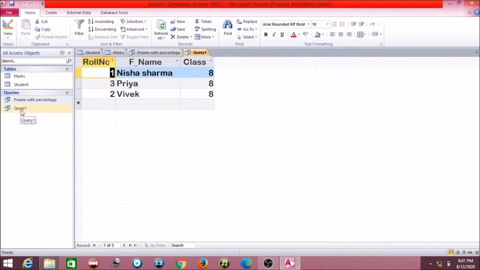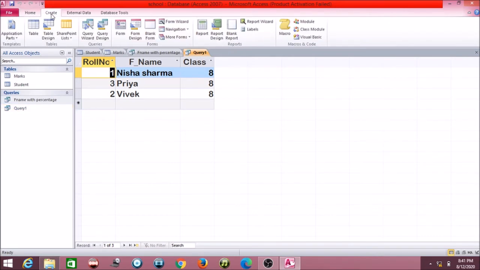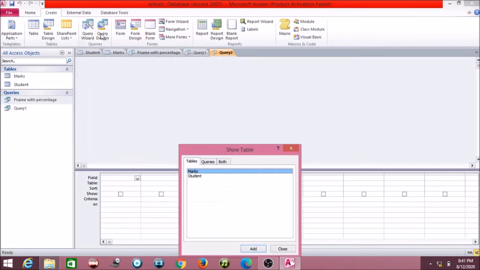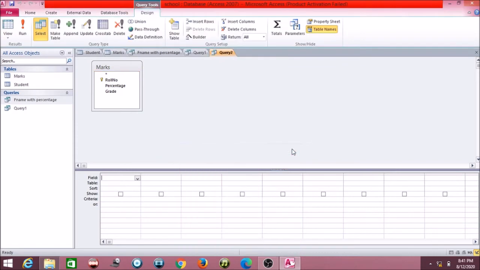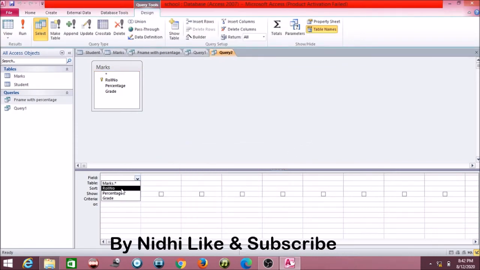So here you will get the query 1 result. If I want another query with different result, I can do that also. Just go on create and then query design, and here I am selecting records from marks table. So just add that table, and now after this field name, what fields I just want two columns, that is